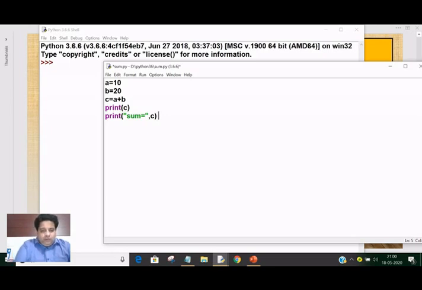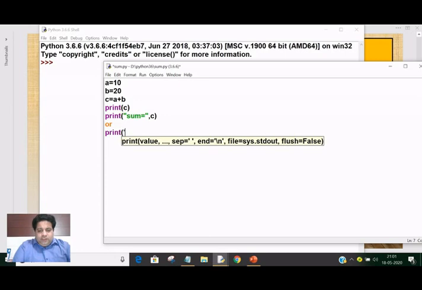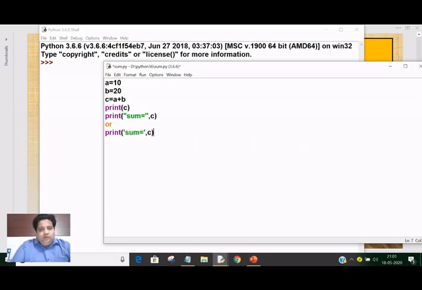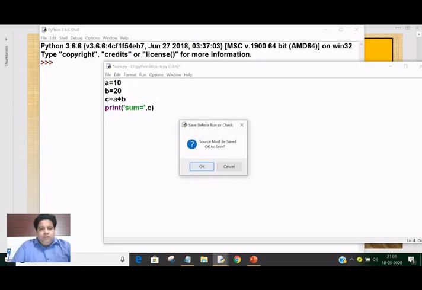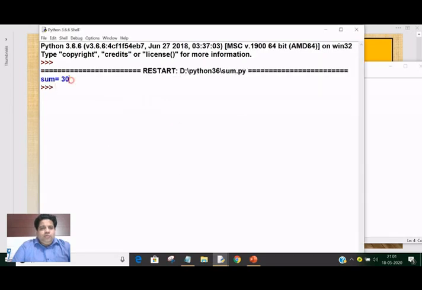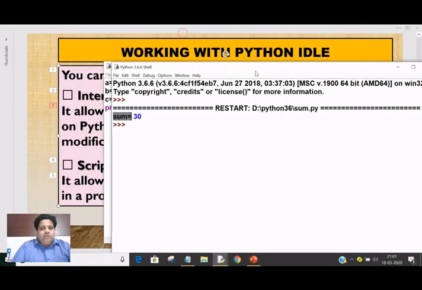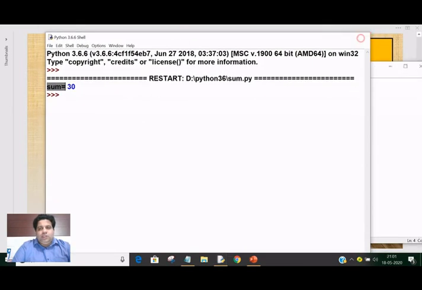You can also write print within single quotes, sum equal to, then comma C. Now run. It will ask you to save your file. See, the output is sum equal to 30. Sum equal to is a short message.